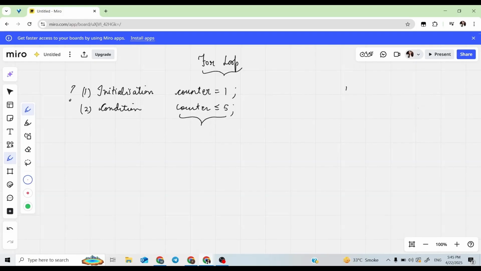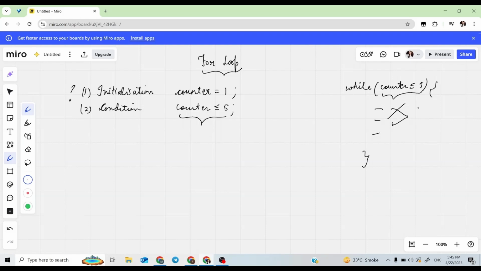Let me remind you, in the while loop, I write the condition here, which means till this condition is true, the work inside this while loop needs to be done. And the moment this condition gets false, this loop will not execute.